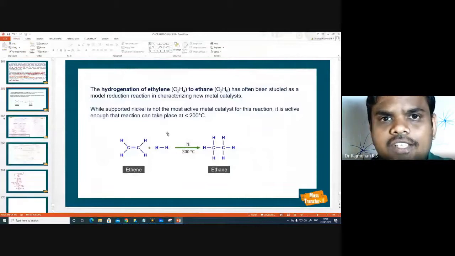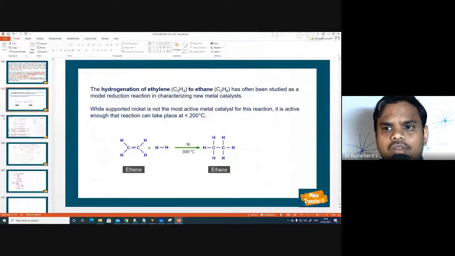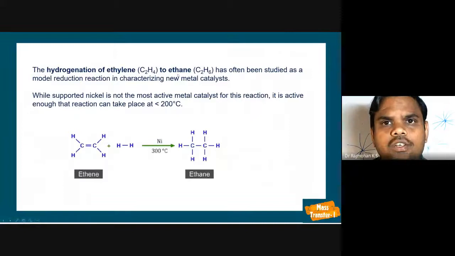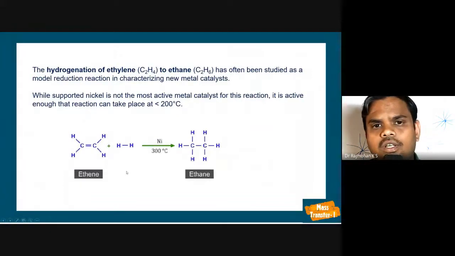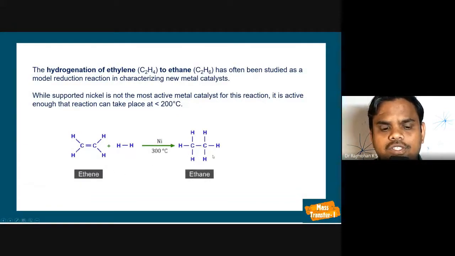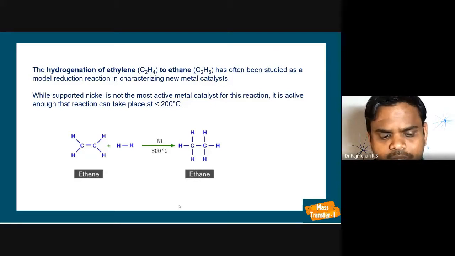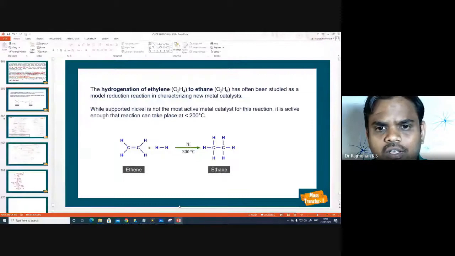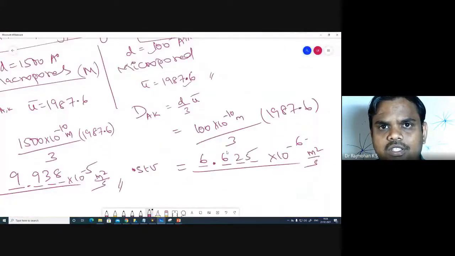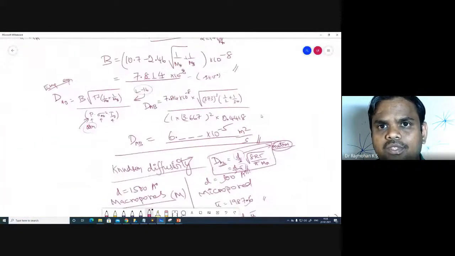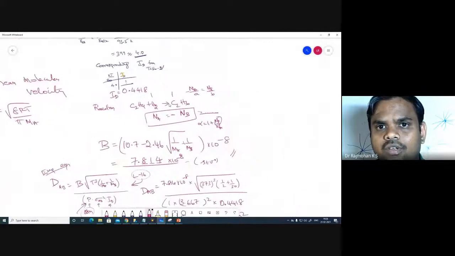Okay, again look at this reaction that is taking place. We have hydrogenation of ethylene to ethane, C2H4 reacts with hydrogen giving C2H6. As I already explained, it is Na by A equal to minus Nb by B. So A and B are equal to 1, so we have the relationship between Na and Nb as minus 1. So we have Na equal to minus Nb, which means that the alpha value we are going to have accordingly here. Which I have explained some time back.